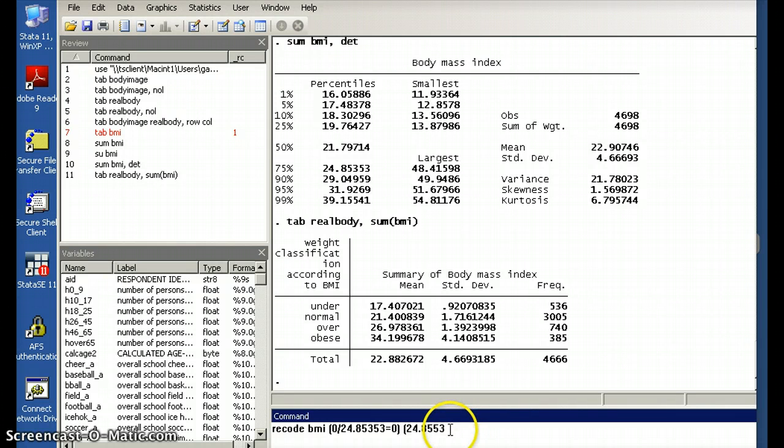Well anyway, you could round off if you really wanted to. Through whatever the largest value was, and you can see here that it was 54.8, and you could just say through 55,